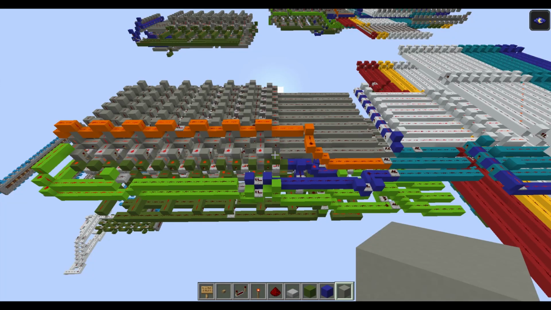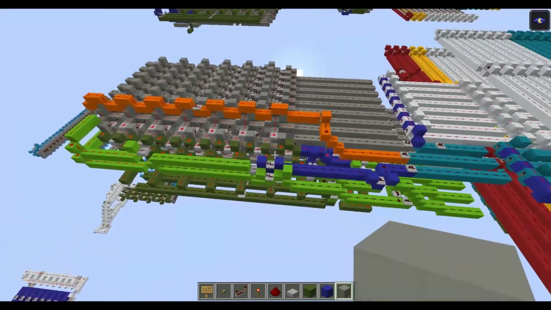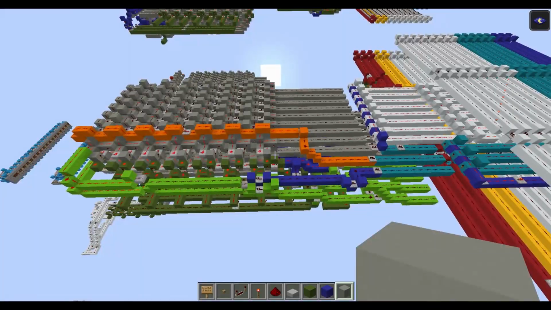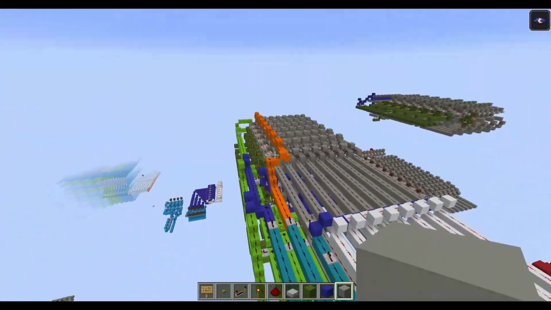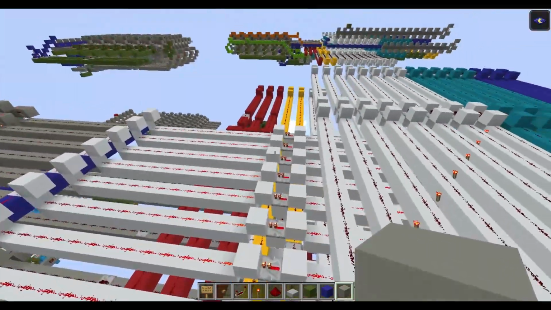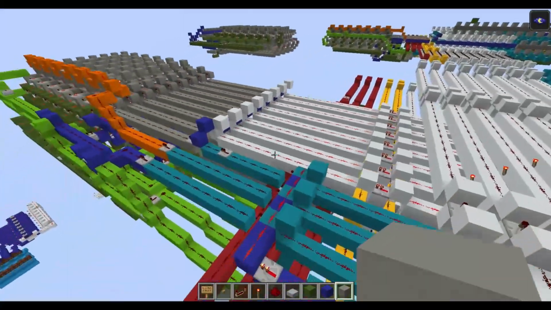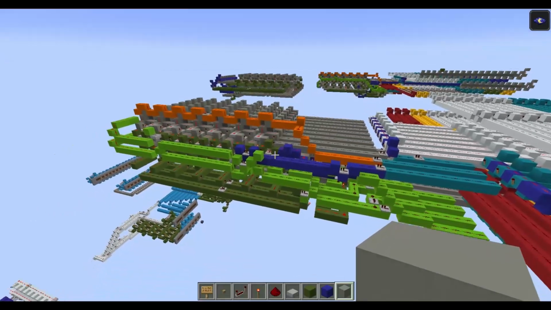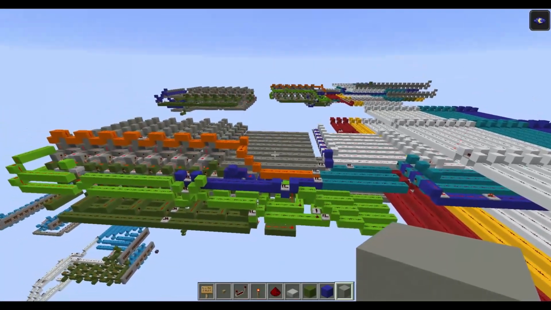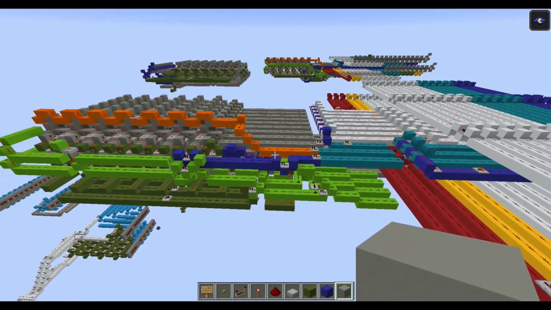Hello everyone, it's Cyanel, and today we will see how to build and how this memory device works that I use in my computer. This design is not exactly the same as the one I use in my computer, because in my computer I save one tick from here, but the wiring is a bit more complex. So for explanations I will use this design, but it's exactly the same for the biggest part. Okay, let's do this.